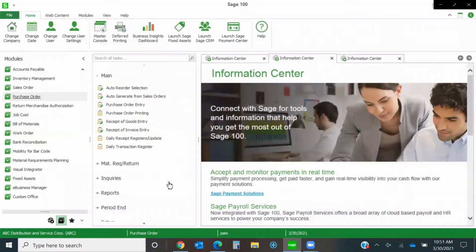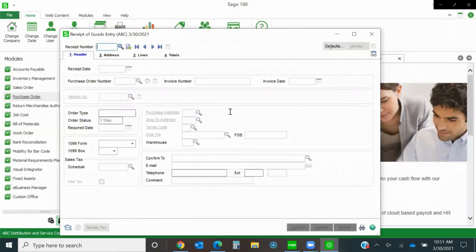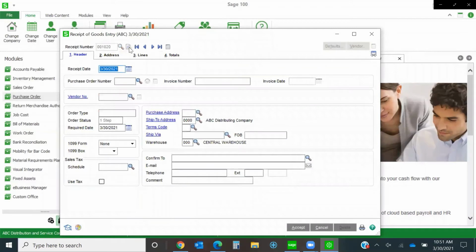The next thing that I want to talk about is receipt of goods versus receipt of invoice. If you have inventory or miscellaneous items, you have to do a receipt of goods when the merchandise is received in. So you're going to go into the receipt of goods, and you're going to issue the next receipt number. You're going to put in your receipt date,